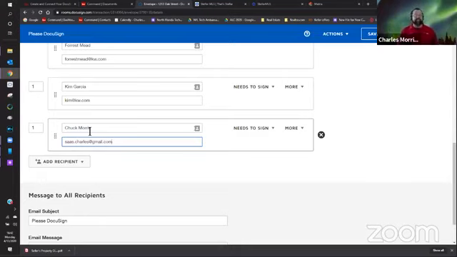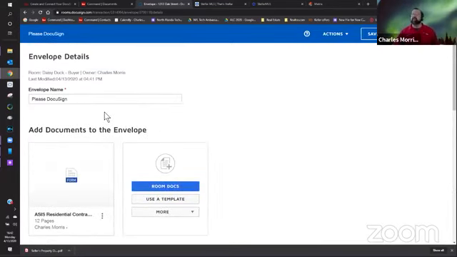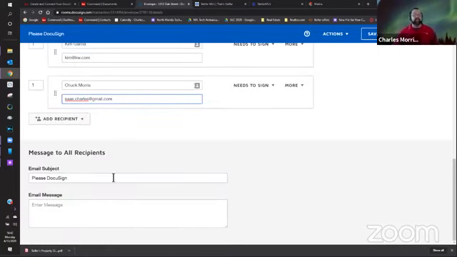Let's use one of my 6 million email addresses. Again, I would name the envelope name. Why am I sending this? And by the same token, add a personalized message. Email, the email subject, make sure they know what it's for. The email message: here are the documents, please review, contact me if you have any questions. When I click next,